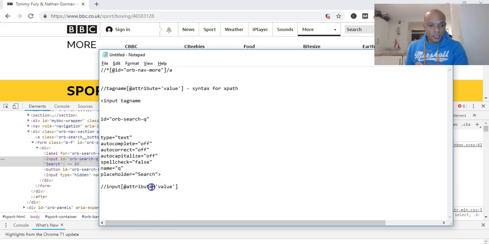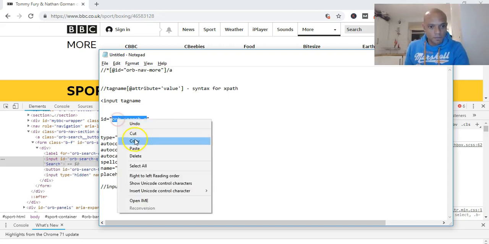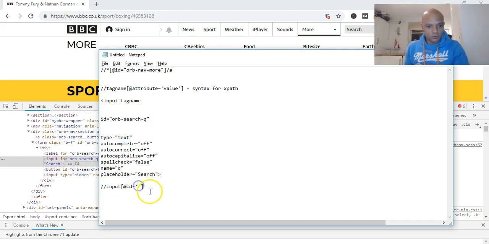So in here you just put ID, for instance. So your attribute is ID, and the value, ID value, is this, right? Copy that and you drop that in there. So copy that without the quotes, okay? And you drop that in there. Now you've used your ID attribute to come up with your Xpath